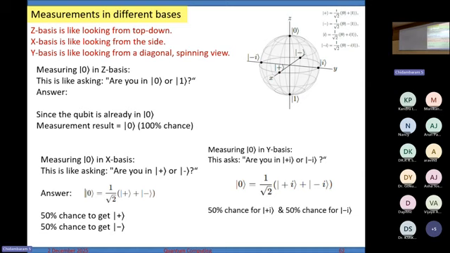So the view that we see: the Z basis is looking from the top down. So you are seeing top down. The X basis is looking at the qubit from the side. You are seeing it like this. It is the X side. The Y basis is looking